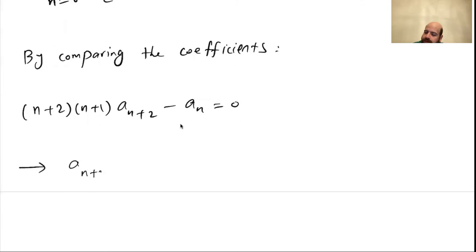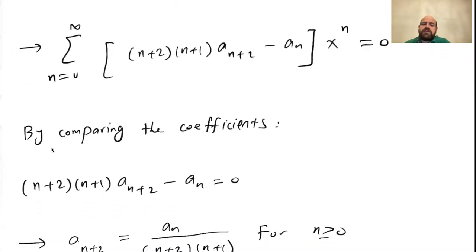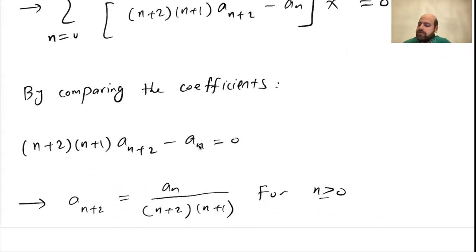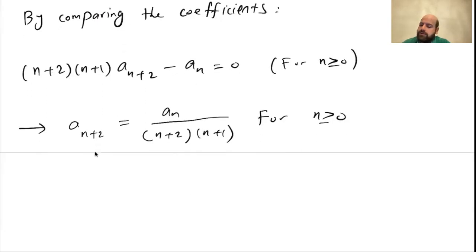So that means a n plus 2 is equal to a n divided by n plus 2 times n plus 1. And this will be valid for n bigger than or equal to 0, because the sigma starts from 0 to infinity. Now, if I replace n with 0 here,